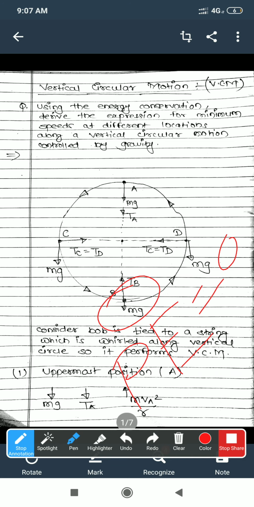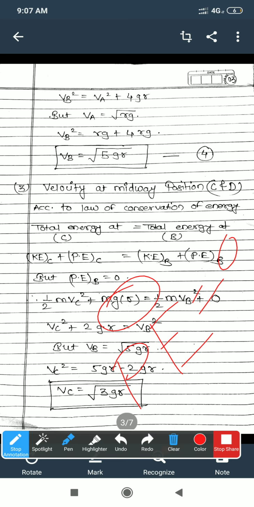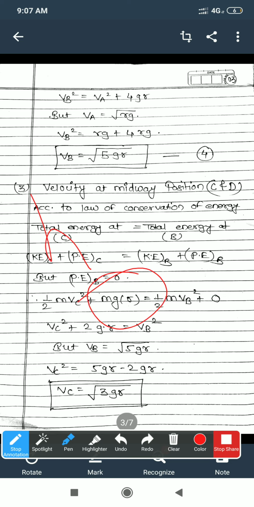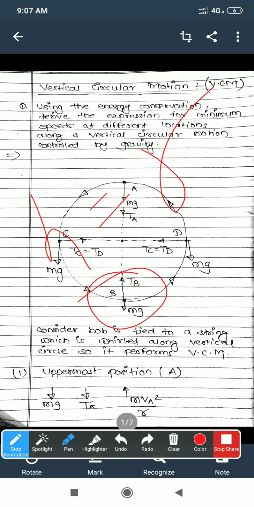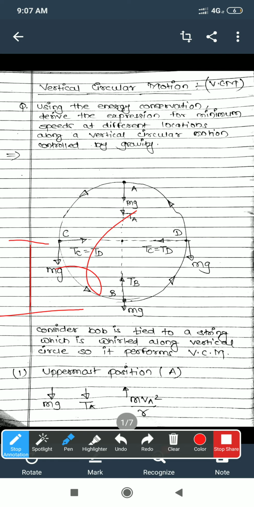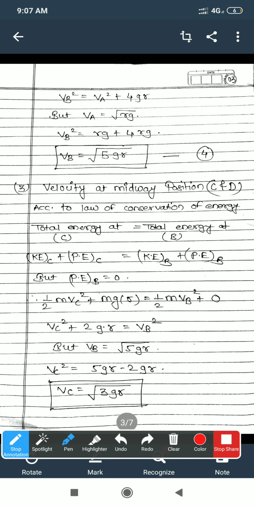So we will calculate it. It will help. Okay, so we have written kinetic energy, half mvc square plus mgr. The point C is there. At point C, what will be the height? The mgh formula is there, no? So in mgh, h is taken as r. Now look at this point C. We know that at point C there will be a height of r only. So we have considered r over there. Okay, so putting these values, again vc square is equal to 2gr, is equal to vb square.